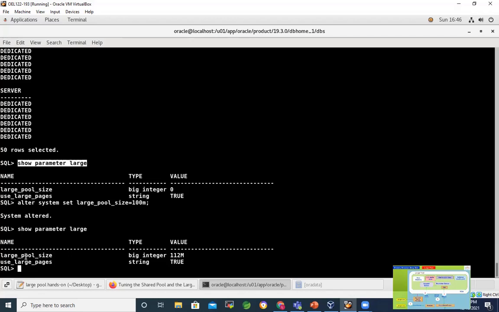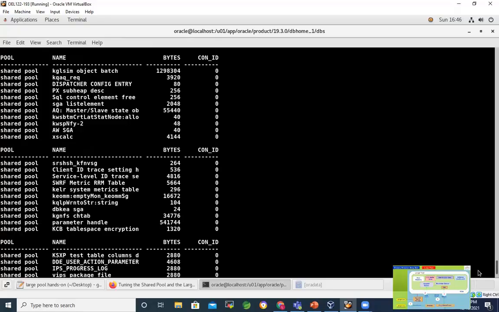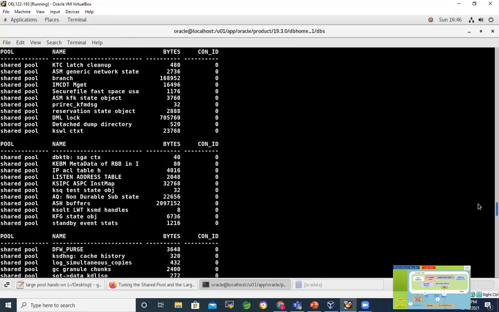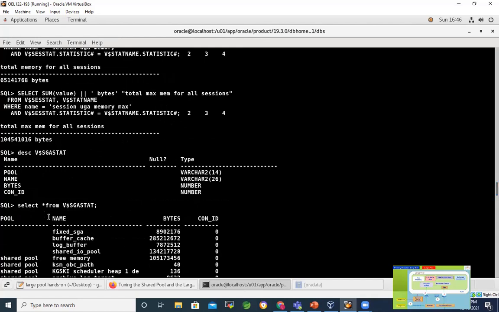You can see, if you round up for the granule, we have learned the granule, it has taken 112 M. So that's the current value. And if we just run this one again, let's see whether any... Select star from SGASTAT.